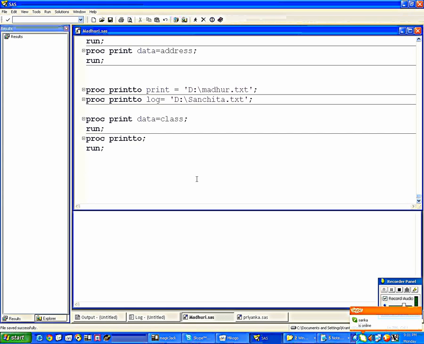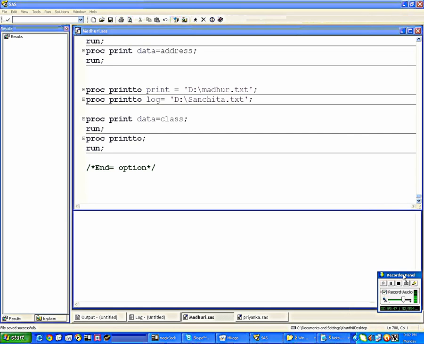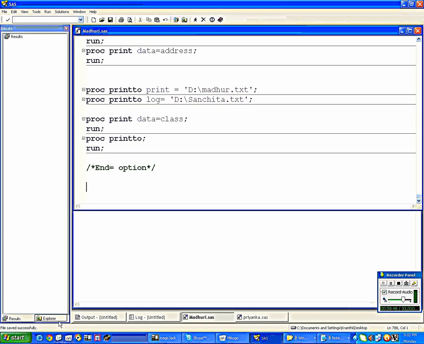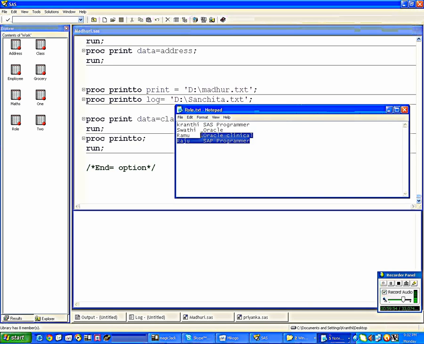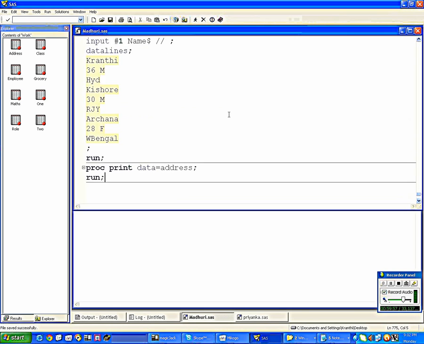Okay. Now, one more thing that is called the end equal to option. End equal to means if you want to select some observation. Okay, let me show you. I have these files, right? So I am reading from role. How to read from the role?